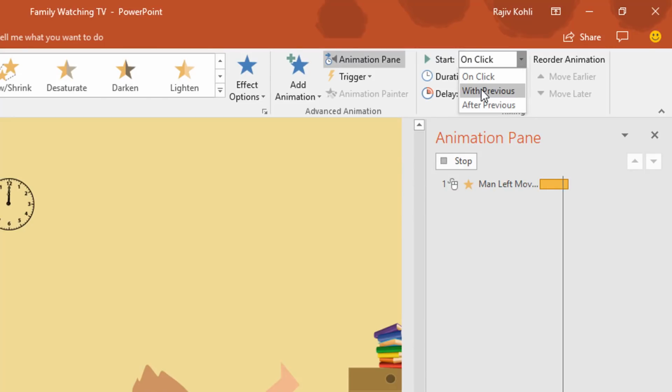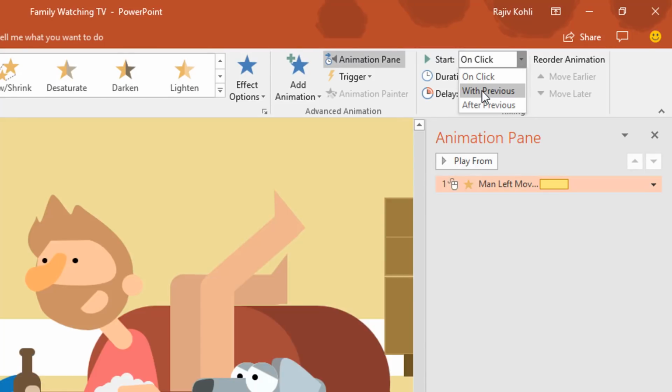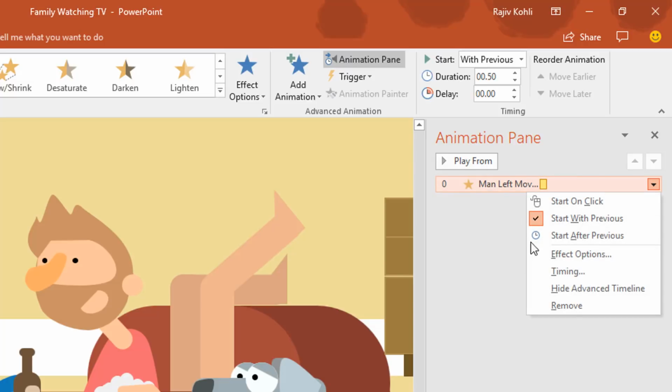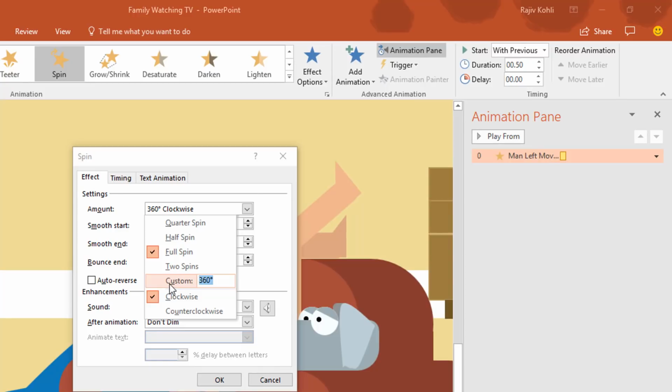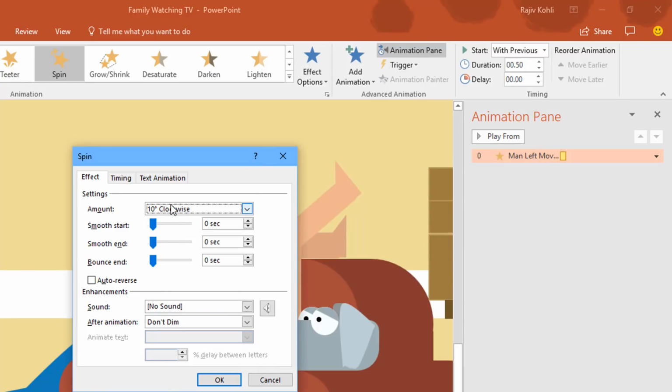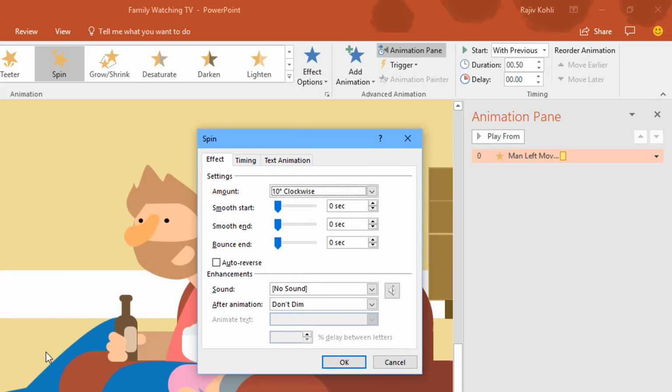As I told you before, I mostly apply With Previous to all the animations in all the presentations, and I would like to apply a time of around 0.50 seconds. Right click on the effect and open effect options, and I want to spin it to 10 degrees clockwise without smoothness, and I want this leg to spin 10 degrees